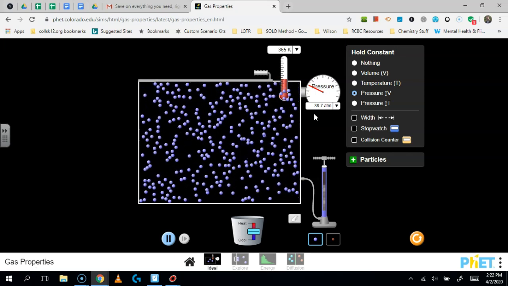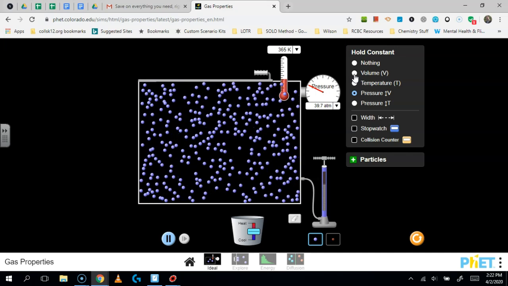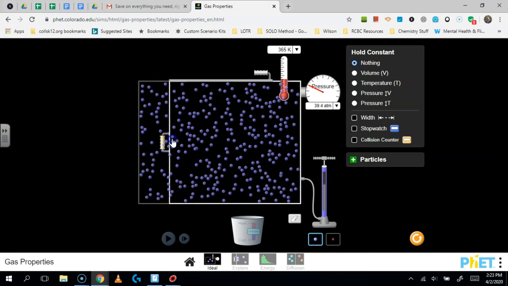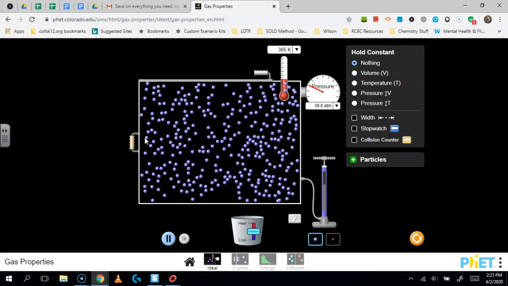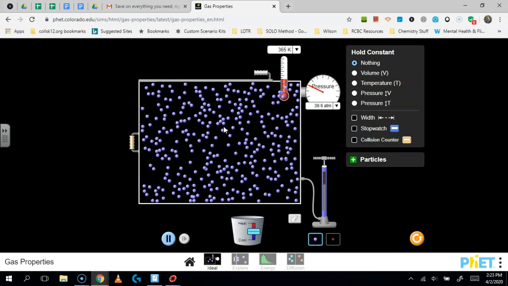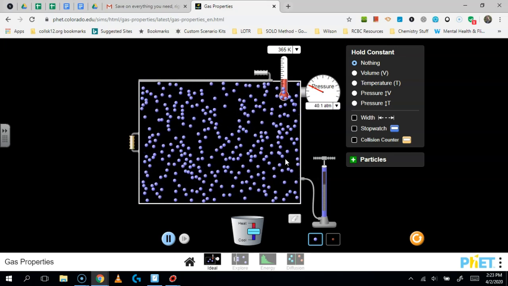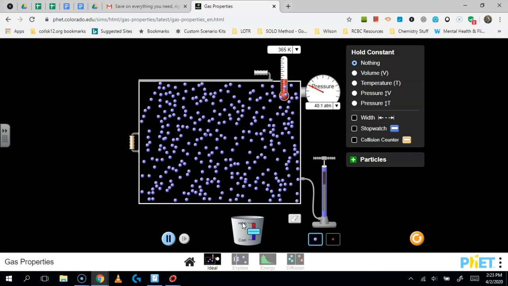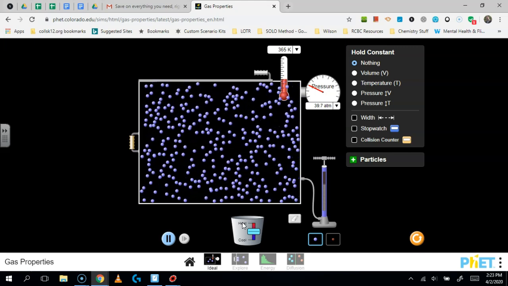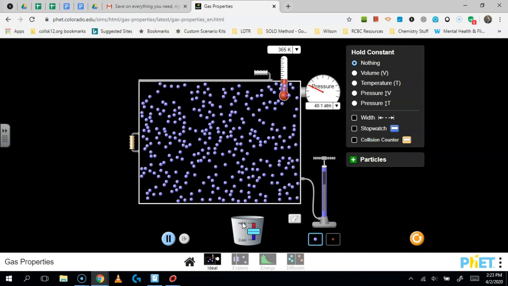So what I'm going to ask you to do is do the same thing, except I want you to change the volume. If we look here, you can see that the volume can be changed pretty straightforwardly using this thing. So what I want you to do is change the volume and see how volume affects the pressure, and then see how volume affects the temperature. Once you get done with that, then you can just turn in the assignment on the Google form